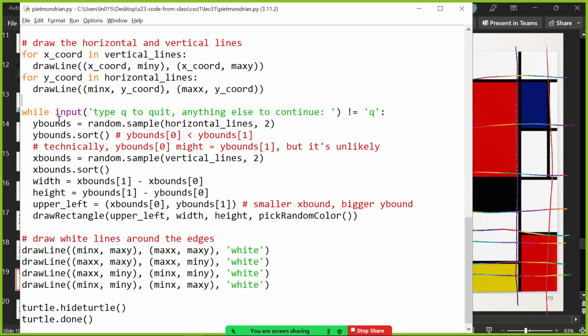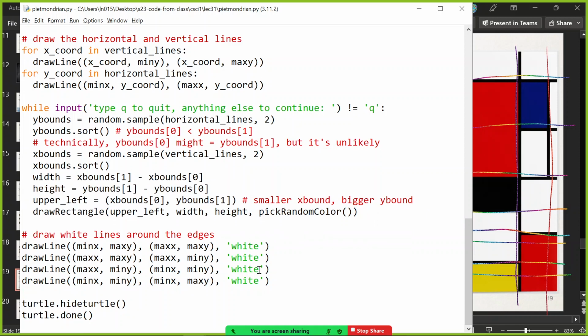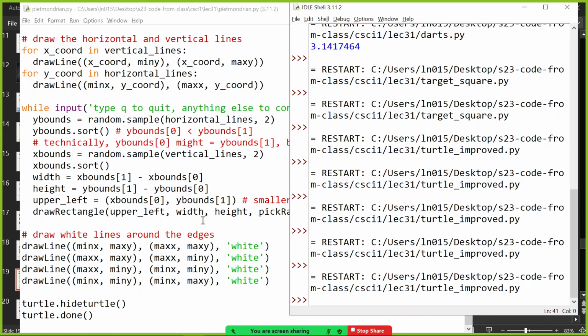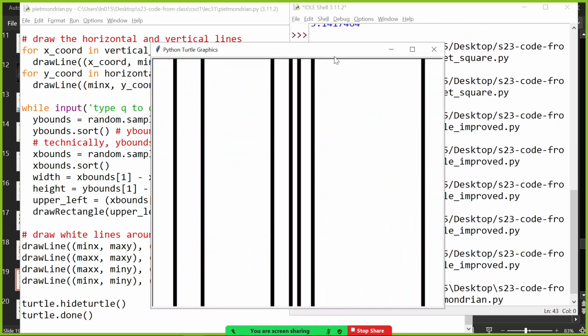And then repeatedly, random.sample gives you 2 things from a list for the horizontal lines, and 2 random vertical lines. Then it figures out the upper left coordinate of the rectangle defined by them and its width and height, and it crops everything. But that is how you could do something like this, and it could be fancier.